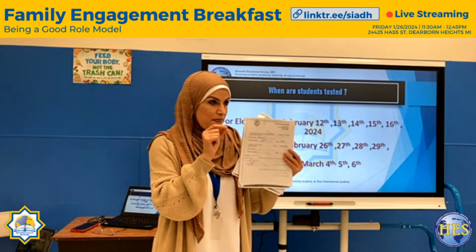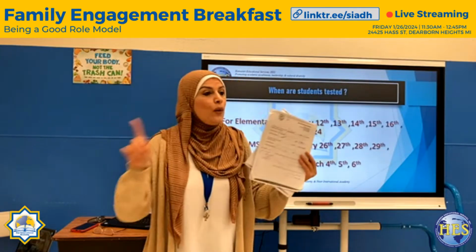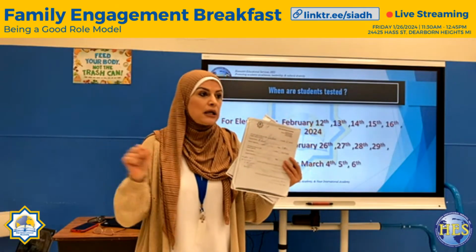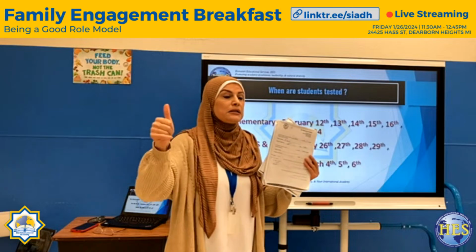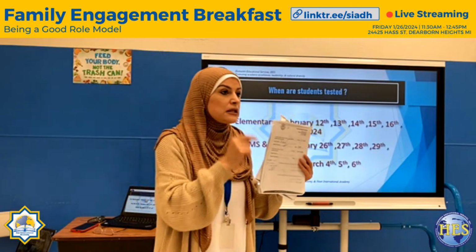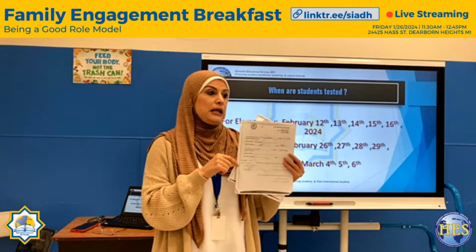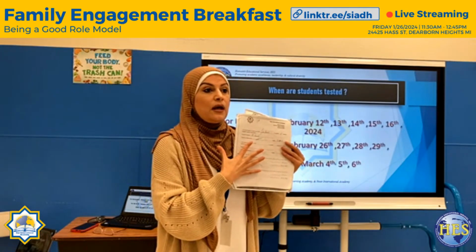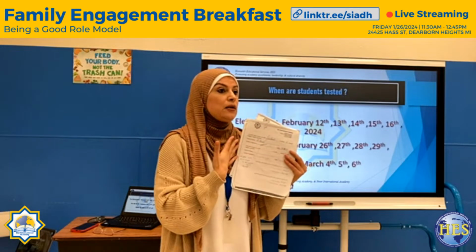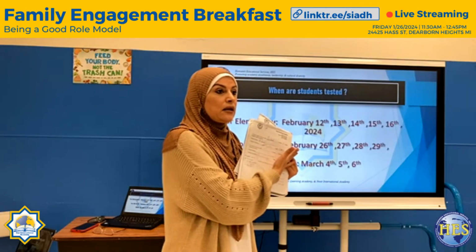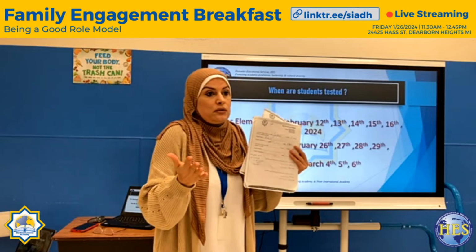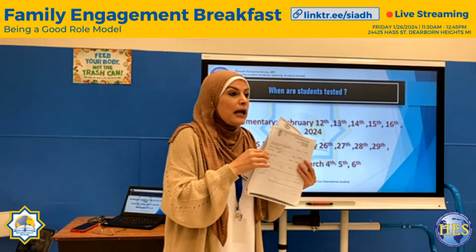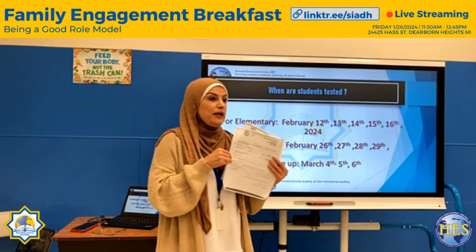Once he has to do the WIDA, no one can exit him from WIDA. Only the student, by getting 4.8, can exit from WIDA. Not me, not the principal, not even the superintendent, because the state requires the 4.8. You can accept this letter by telling me whether you do wish your kid to get the support or you don't wish. It's up to you. But in both cases, it doesn't mean that you can exit your kids from WIDA.